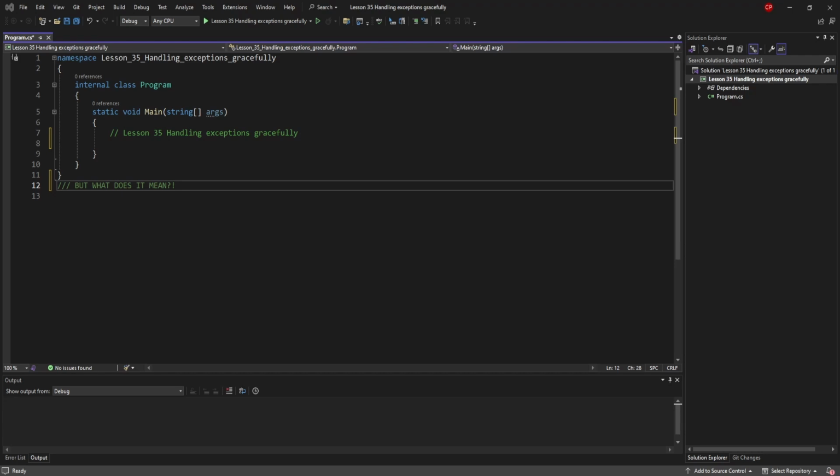I've heard other people say it; I don't know if it's actual lingo, but basically, how many times have you gotten an error in a video game or a program and it'll be like error code 58374 and you're like, what the heck does that mean? So yeah, what I call handling exceptions gracefully basically is providing